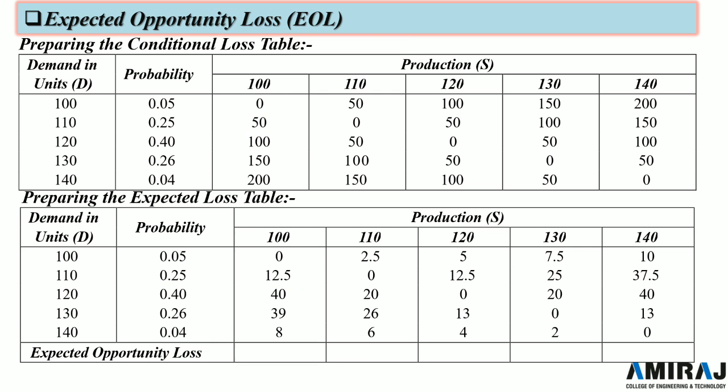Similarly, we calculate the sum of this vertical row, that is our total expected opportunity loss for each production rate. Now you can see that the optimum number of items here also is 120 units, because the expected opportunity loss is minimum for this value. So this is how we use these two models. Next is